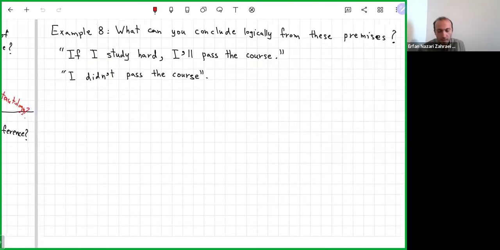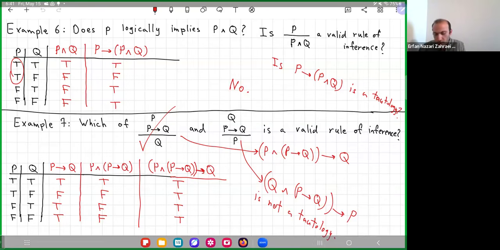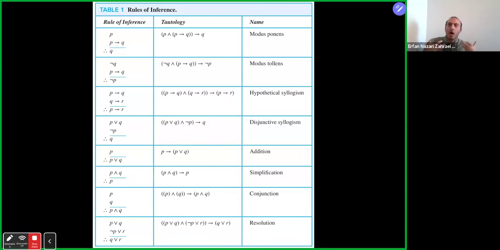Okay, so like logical equivalences, you can do this and find a list of valid rules of inference, and then you understand them, or memorize some of them, but mostly it's about understanding them. And then every time I want to use them, I use them. So these valid rules of inference I can just use. I don't need to prove them every time I want to use them. They have some names that you don't need to memorize, but when I'm using them, I mention the name for clarity so that you know which one I'm using.